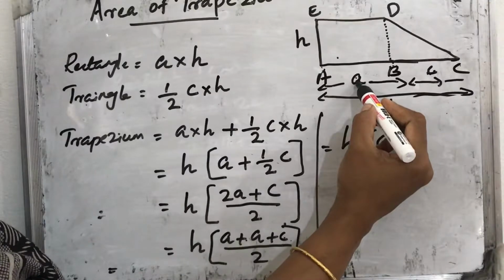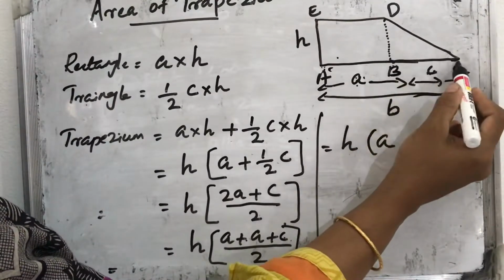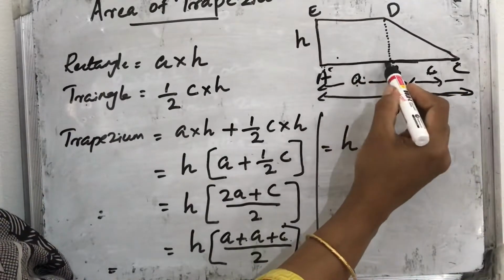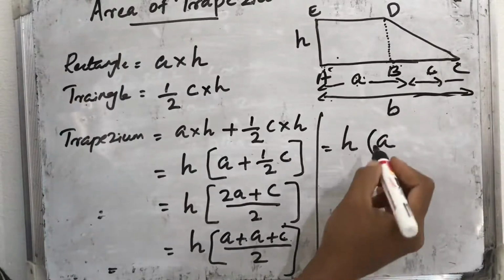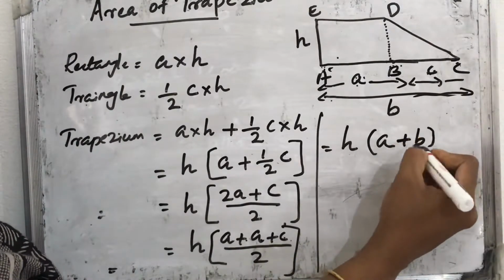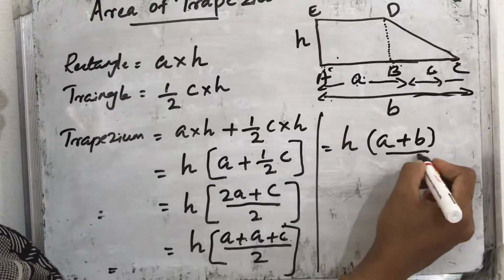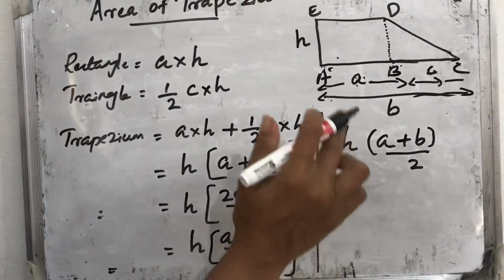Instead of this A plus C, the length from here to here is A, and the length from B to C is given as C. So A plus C, we can take the total length as B. So instead of A plus C, we write it as B. So A plus B divided by 2. So the area of the trapezium is the product of the